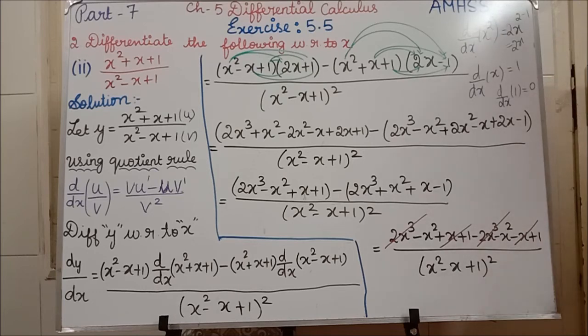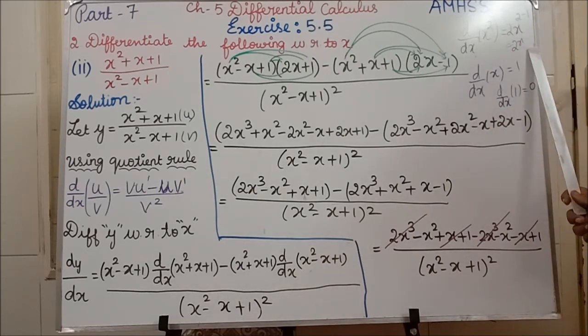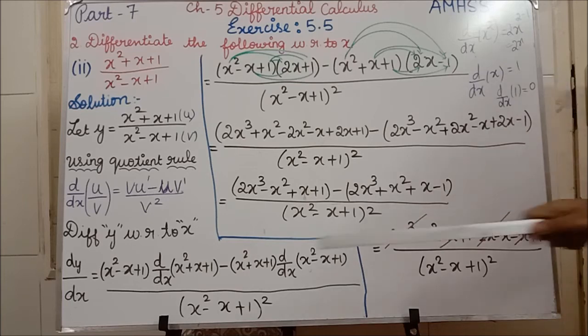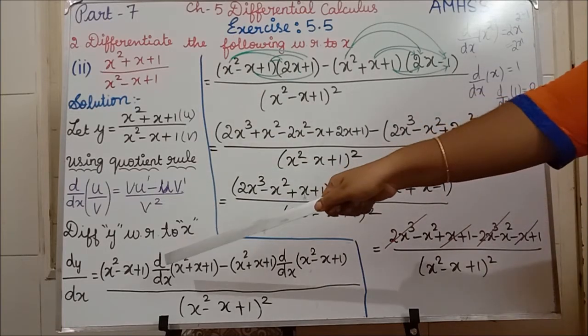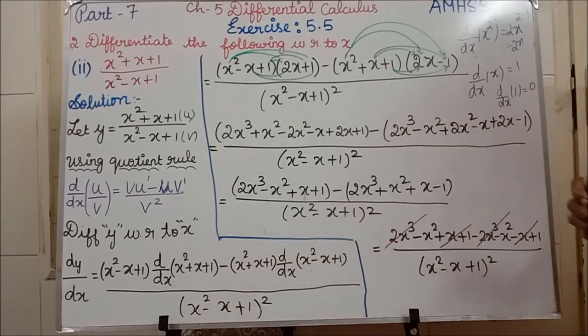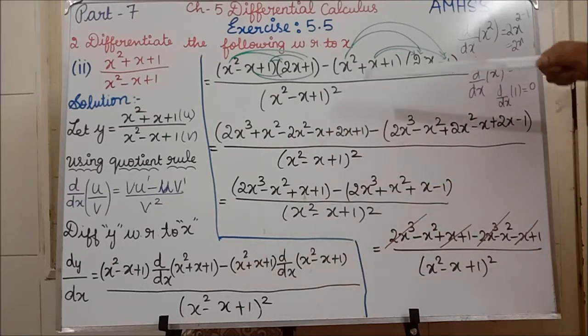Okay, see here we are having 3 terms, isn't it? x square, if you differentiate we are getting 2x. Then d by dx of x, if you differentiate we are getting 1. Then d by dx of 1, if you differentiate we are getting 0. So this x square minus x plus 1 I have written as such. So for this d by dx, this full term, what we are getting? 2x plus 1 plus 0. So we can write 2x plus 1. Clear? Minus. So this u we are writing as such.